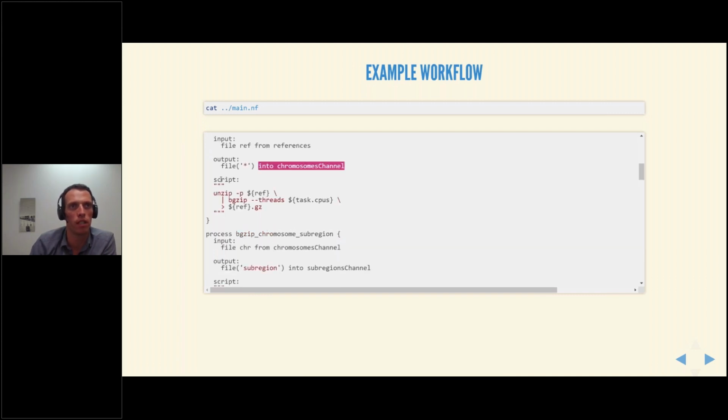And you also generally always have a script block that can be delimited by this triple quotation mark, where your bash code is embedded. Now, mind you, this can be any scripting language that you want to use. So just by including a Python shebang line, for example, this could be a Python script. It doesn't have to be bash, it's just the default. So without a shebang line, it is assumed to be bash.